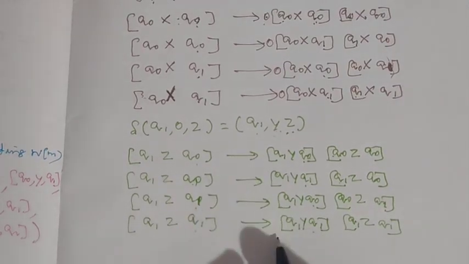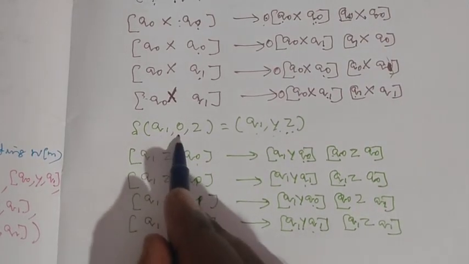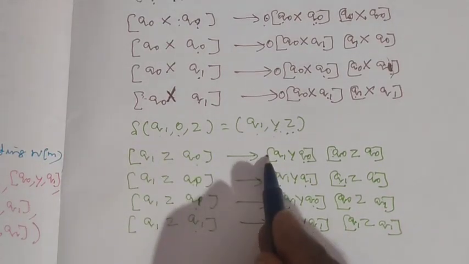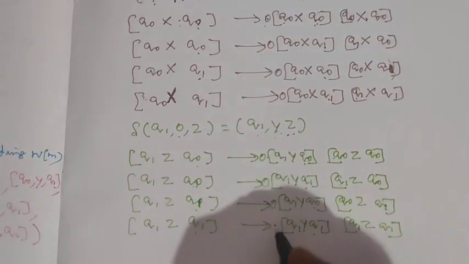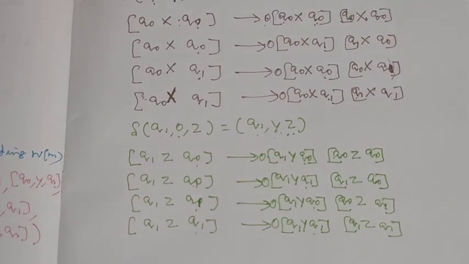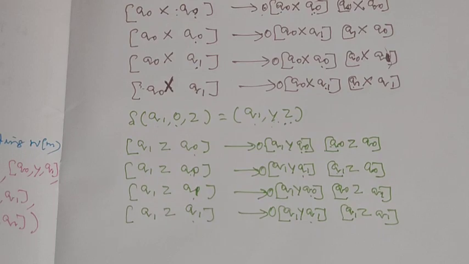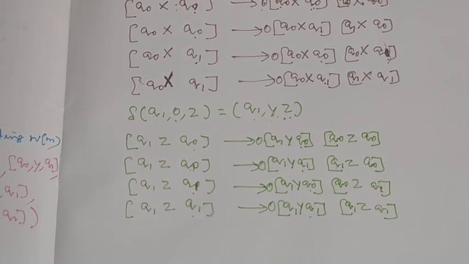Now what you have to do for the first one, this column. Okay, now see what is the input. The input is 0, so just take this 0 and write it here. So 0, 0, 0 and 0. So this is the way of writing the transition function for this. Now we'll go for the fourth part. Okay, we'll go for the next column, next transition. The next transition is